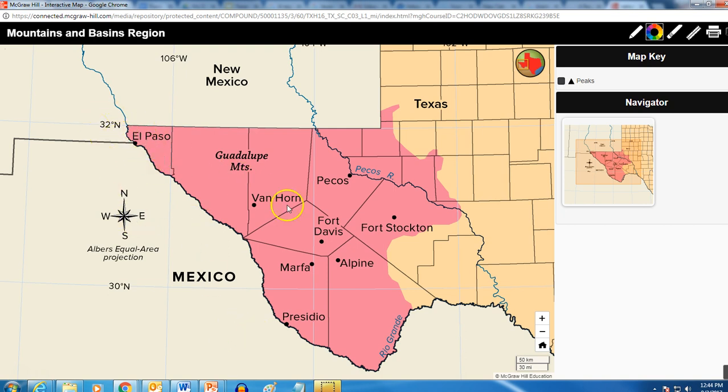Now, again, major city, El Paso, huge city right there. Fort Stockton, another one. But what I want to show you here is the Rio Grande River. It starts up in New Mexico, comes on down through this place called Presidio. We'll learn more about that word as we study. It's still the Rio Grande, and it goes around. It's coming this way. Now it turns. It makes a big turn. This is what we call Big Bend.